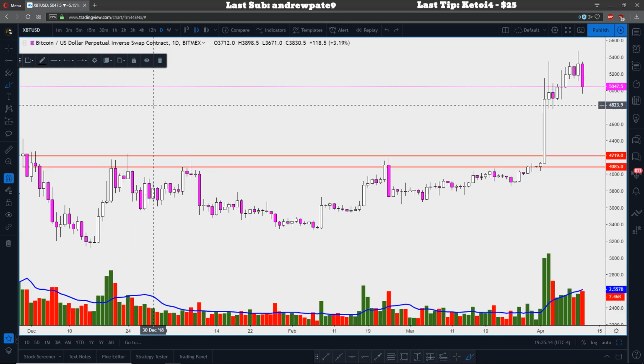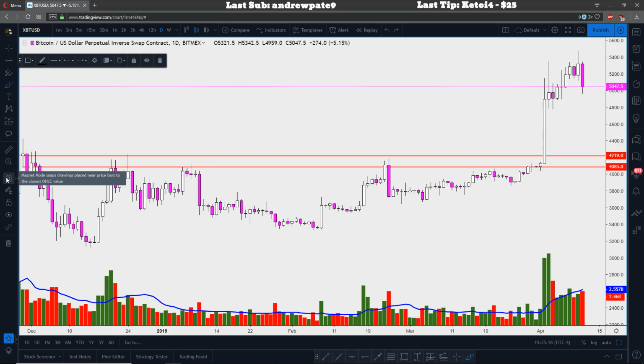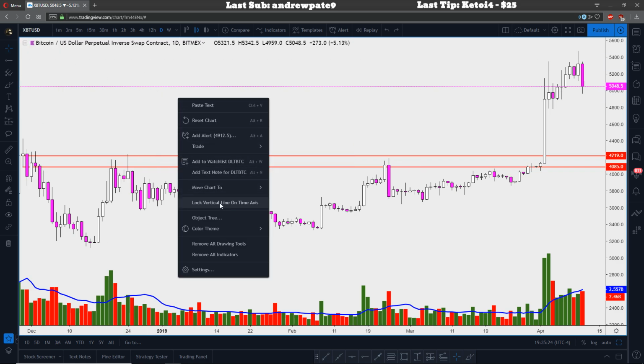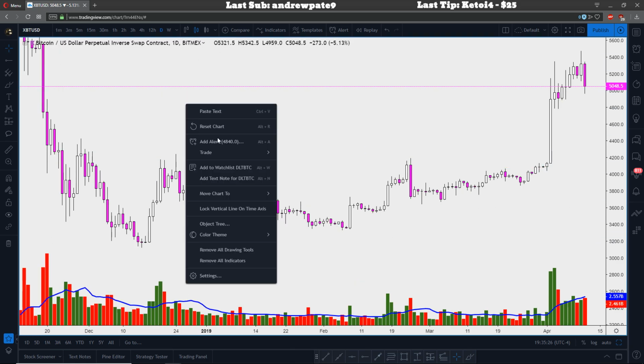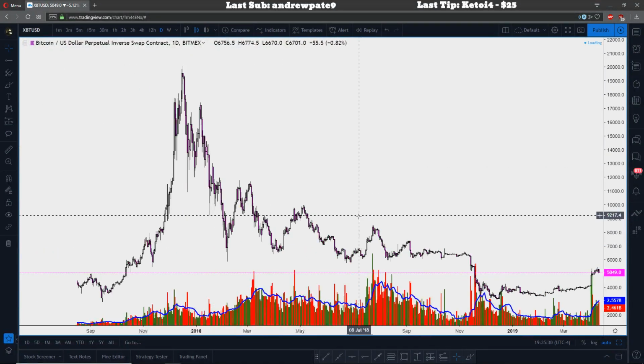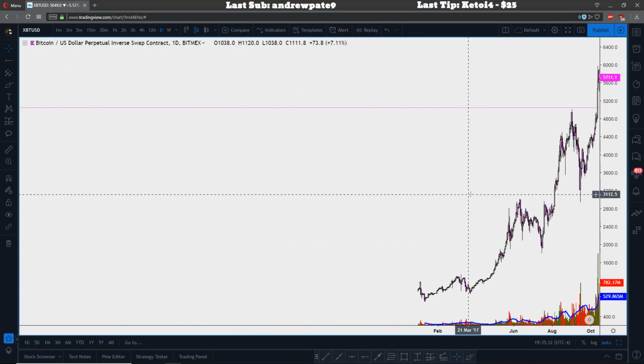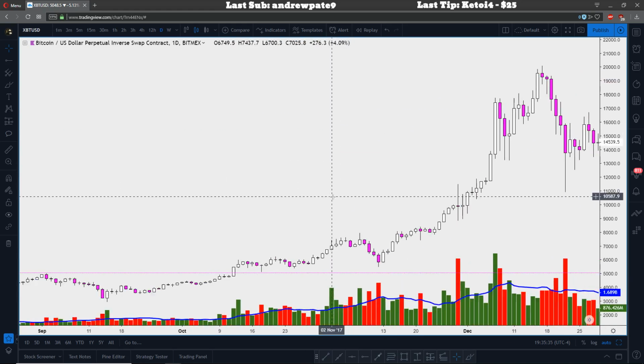So yeah, exactly what you said. Has it been touched is the first thing you check. And then how relevant is it? And what I mean by that is, let's just delete this. Let me reset. If I zoomed all the way out here, and then started looking at these levels,